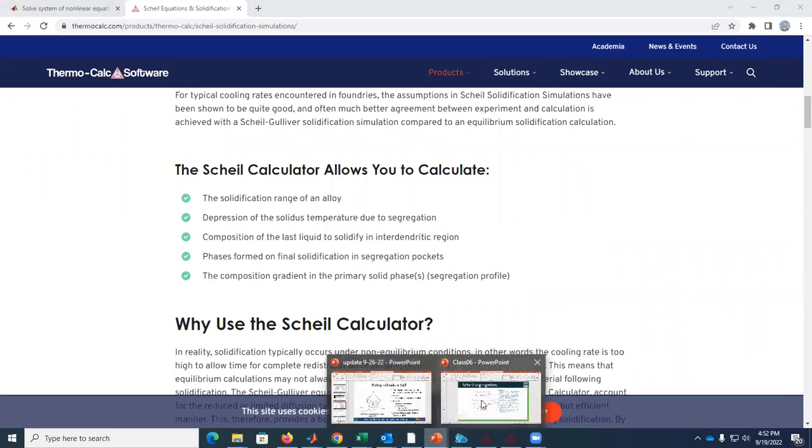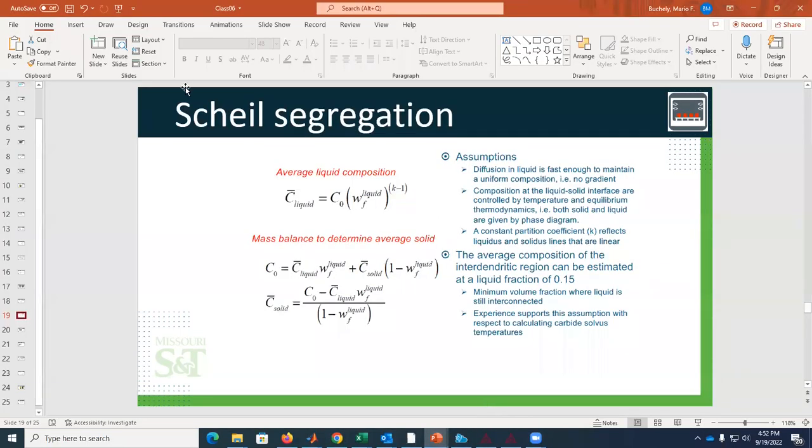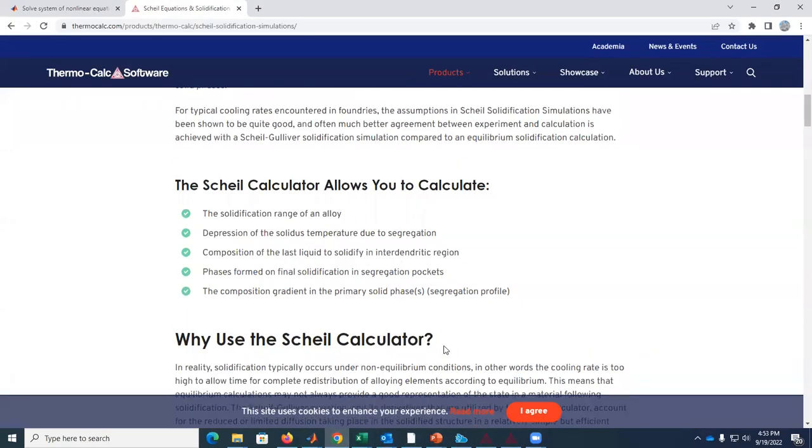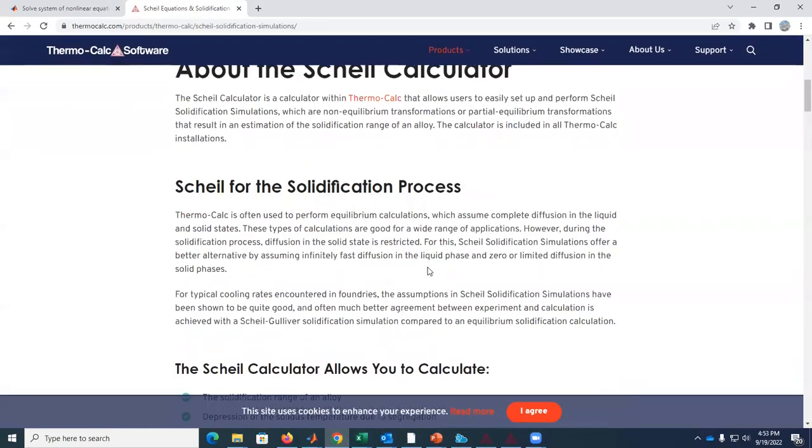Okay, so we are going to talk a little bit about Scheil solidification, and basically those are the equations that are solved in the Scheil calculation. There is a lot of theory about this. I don't want to cover too much about this topic, because what I want to show is more the application in Thermo-Calc. However, I want to open Thermo-Calc here and talk a little bit about what